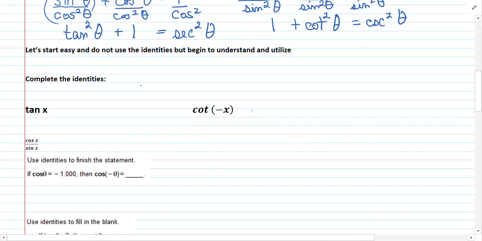So let's begin with utilizing our identities. All right, so what can we say about tan x? Well, we know tan x is going to be,